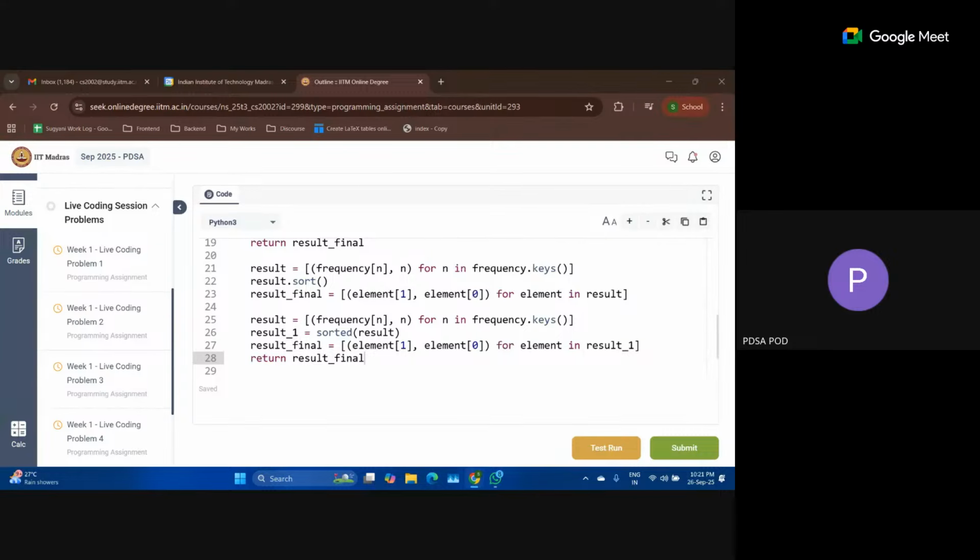All inbuilt Python functions, like keys, sort, sorted, are using very low level languages to perform these operations extremely fast. So the methods are in C, that's why, right? Yes. Okay, ma'am. Got it. Thank you.